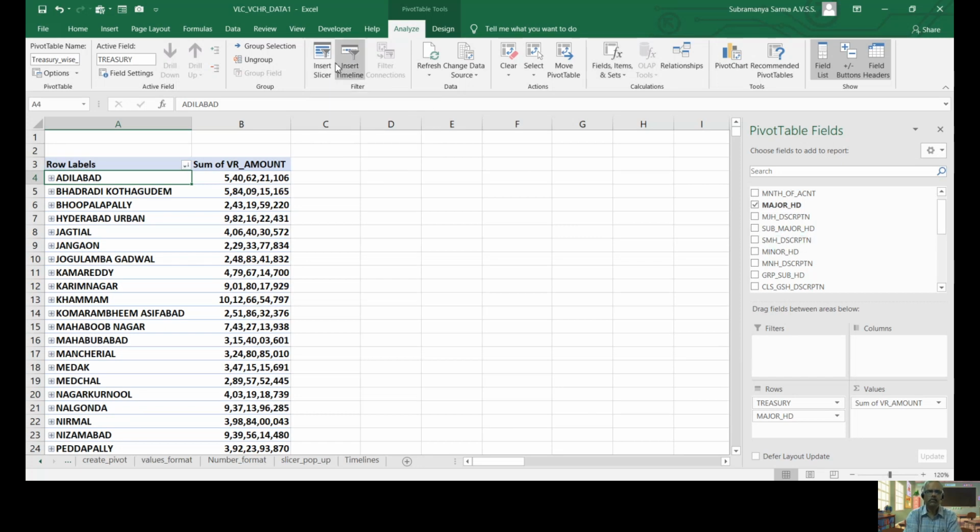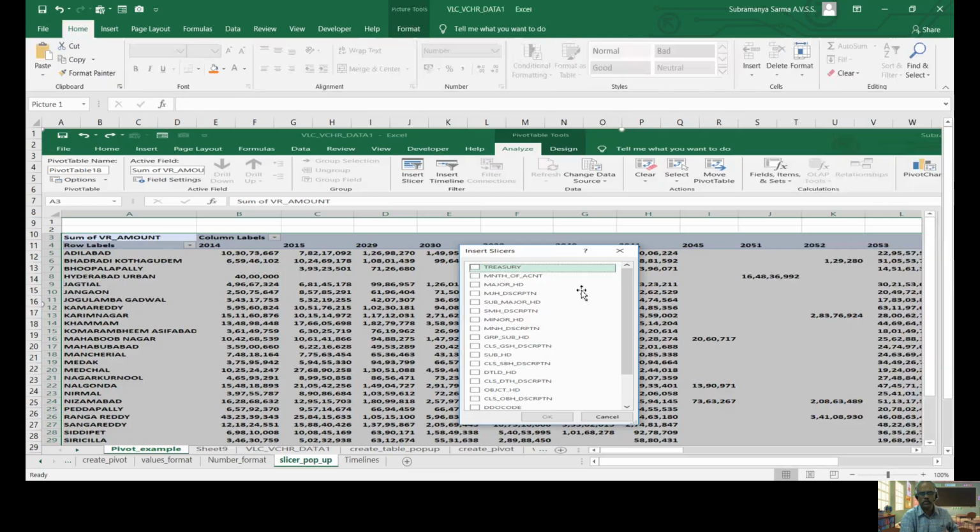But in the filter box, once you drop this field there, it appears at the top. Again, you have to click and select. But if you create a slicer, how it looks, let us see. Once I click this insert slicer, the pop-up will appear like this, right?